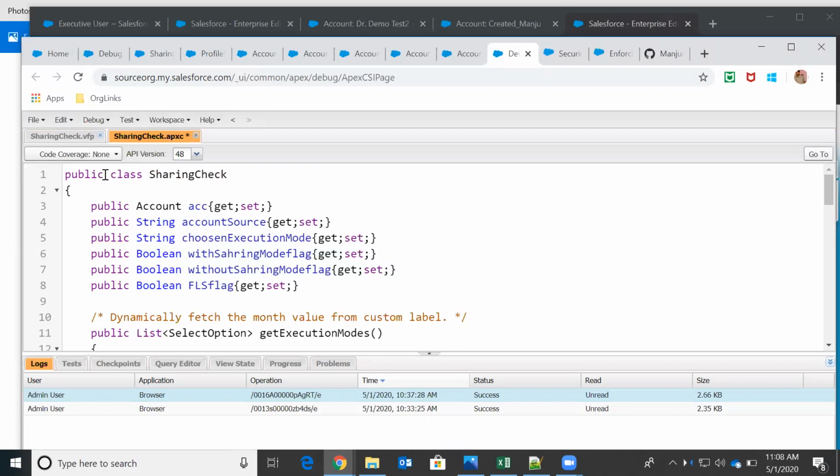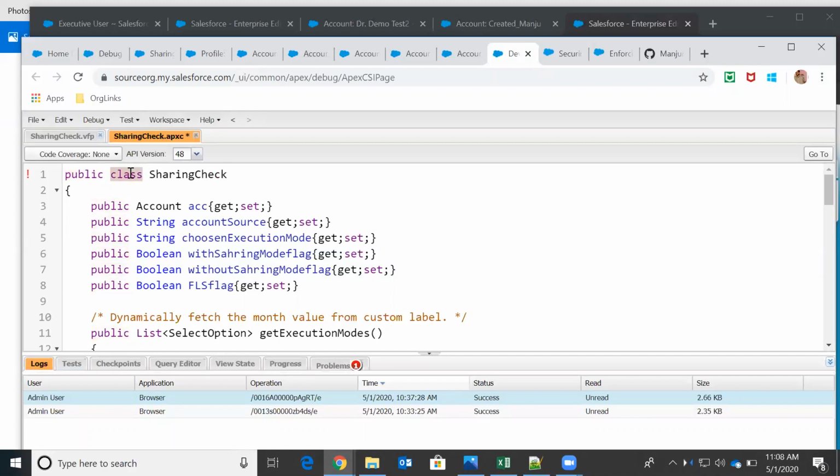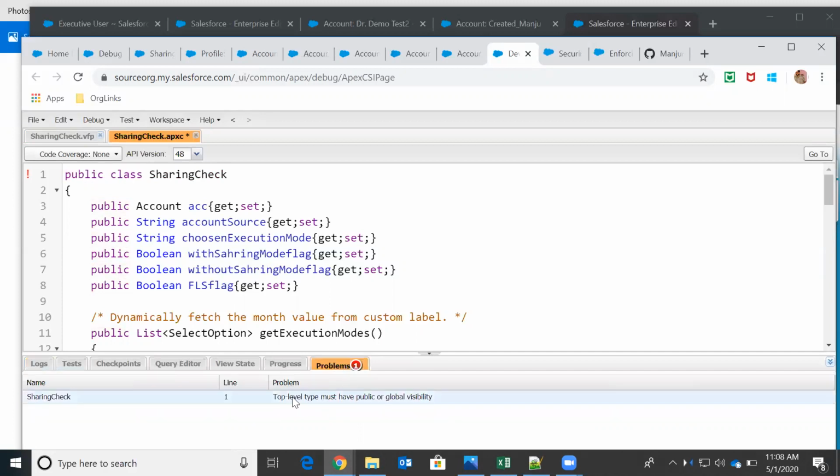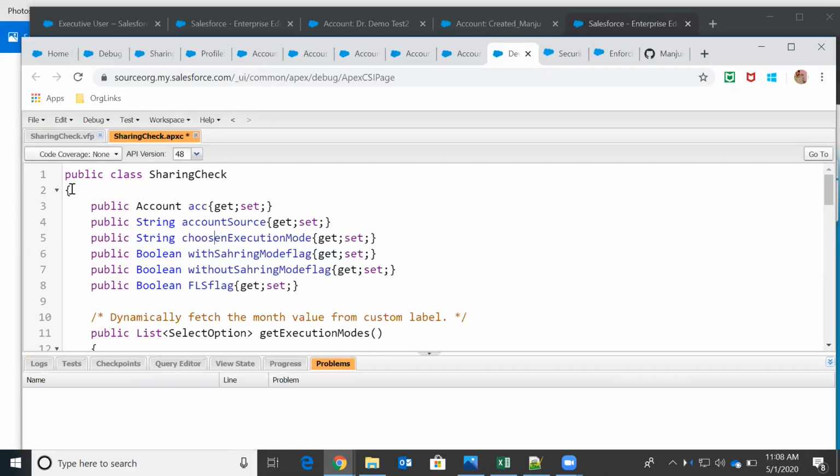If you are not writing anything, by default it is considered private, but for outer classes private is not allowed, so we will write public. As per the syntax, you can see here, top level must be public or global visibility. It will not allow private. That's why it threw an error.